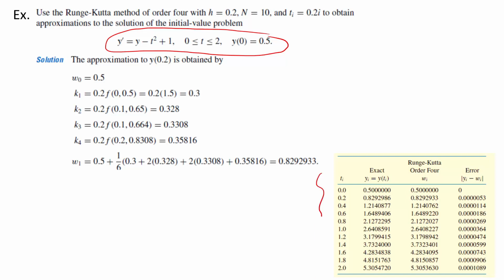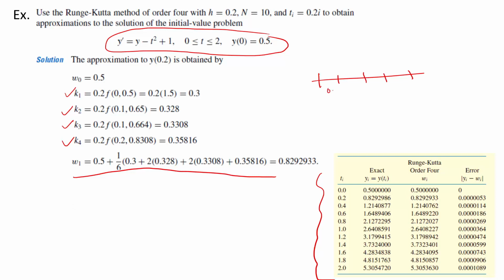If we solve the same question with the Runge-Kutta fourth order method, we will get these iterations. With the help of the formula, you can find k1, k2, k3, k4, and then put them in the formula and find this value. And obviously h is given, that is how much step size you want, like h is 0.2, then 0.2.